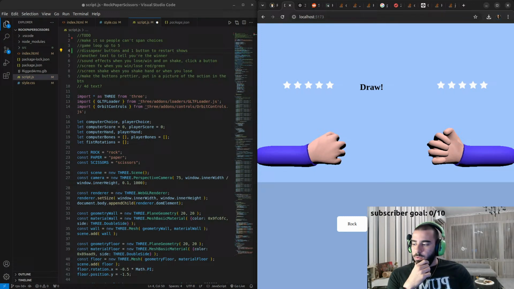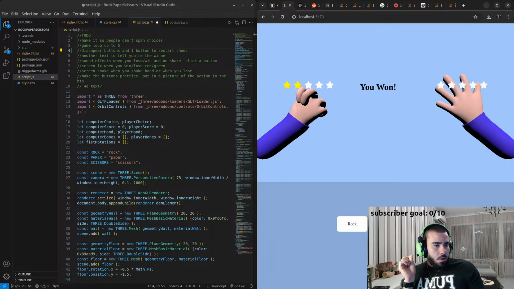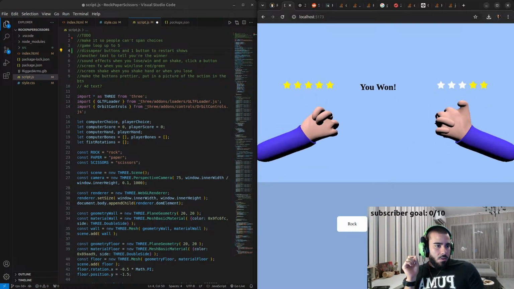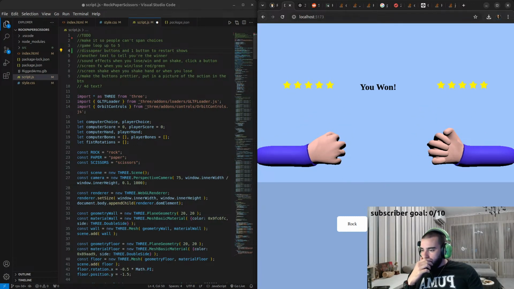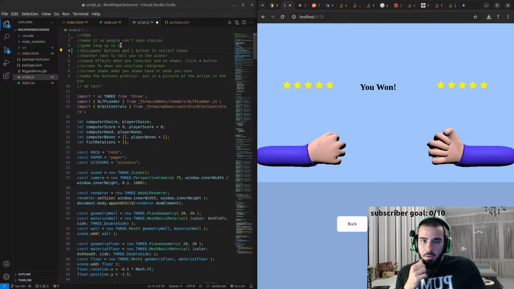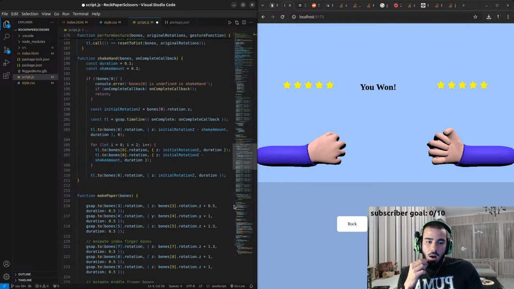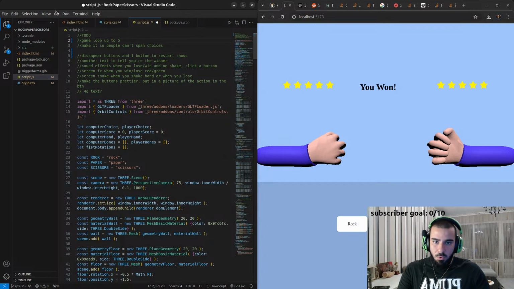And the next thing we need to do is make it so people cannot spam choices, because right now I can do this. Alright, so if we first make it so that the game is played until 5 points,